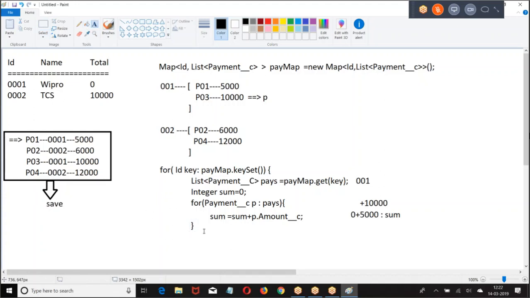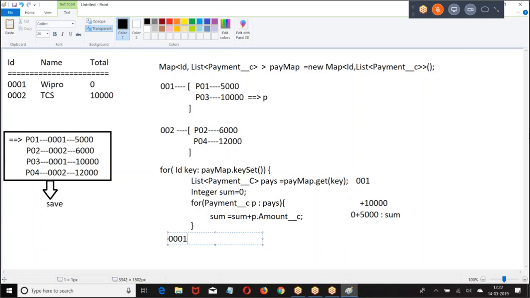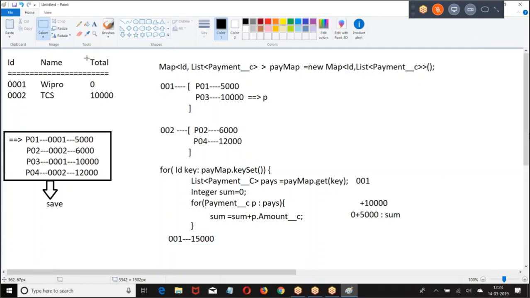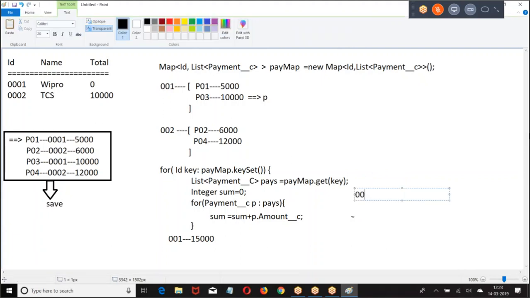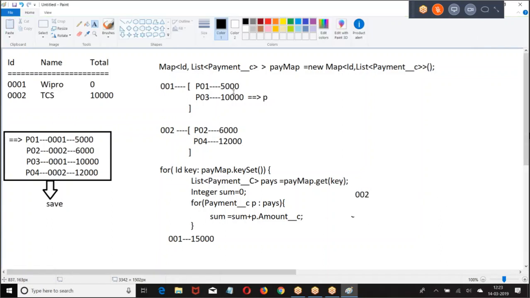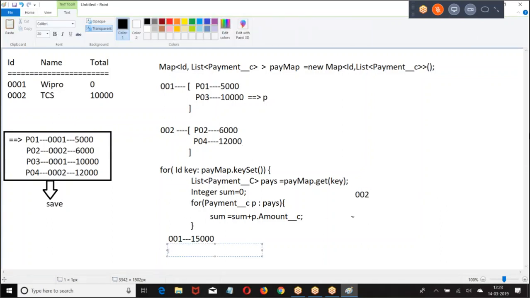Then what are you supposed to do? Create a map and say 0, 0, 1, 15,000. Similarly, now the key will go to the next one. What is the key? 0, 0, 2. Now what is that? P is 6,000, 12,000.